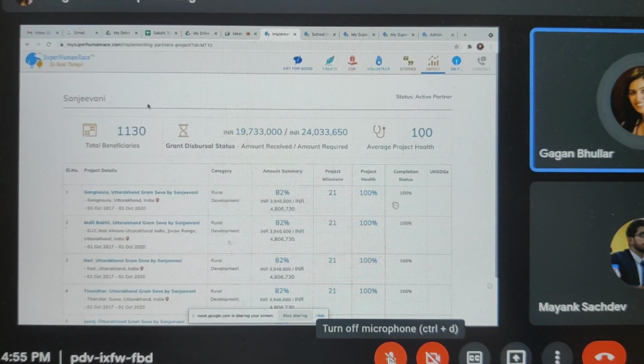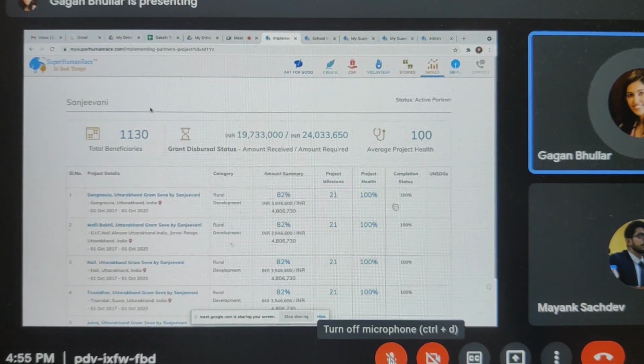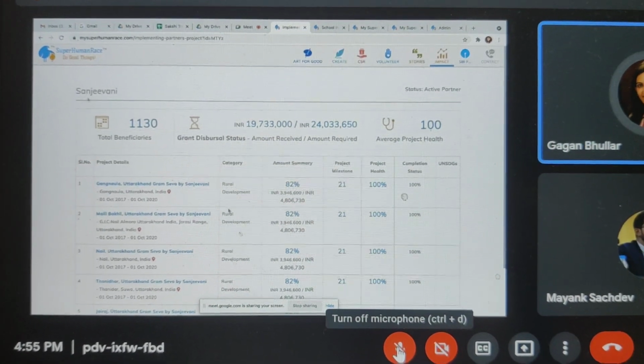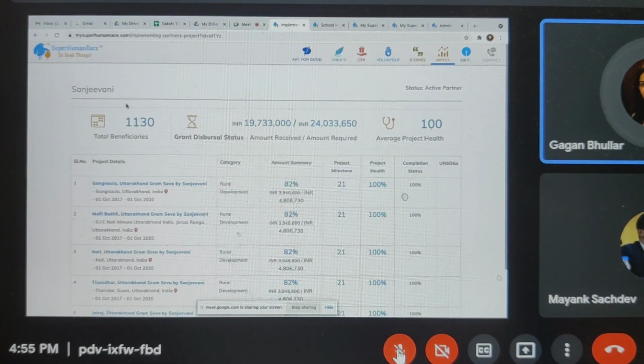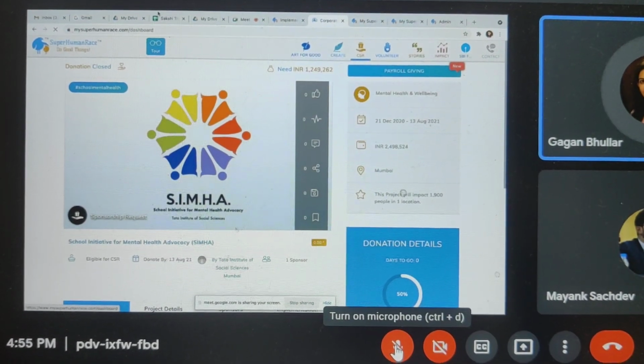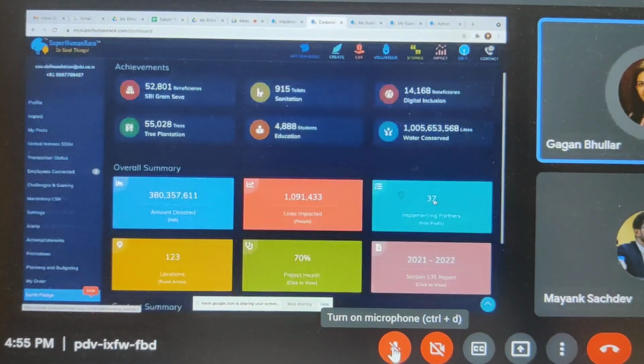So sometimes people will even give access to their finance team or other teams that are performing due diligence, so it can be downloaded automatically. Then this is the partner KPI page. There are various ways to get to this page. So right now what we had done was we actually got here through the dashboard from implementing partners.